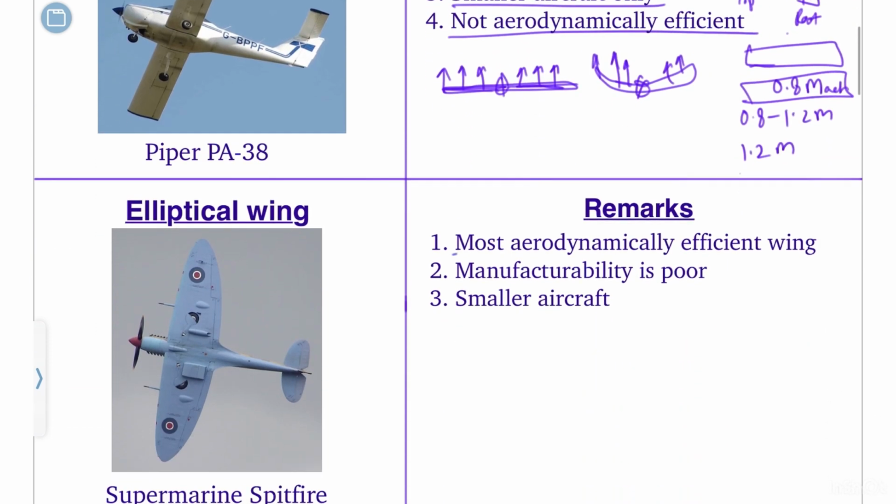Elliptical wings are the most aerodynamically efficient wings. This has been mathematically proven. So I'll again make the front view, and the wing which is attached is the aerodynamic wing. Because of the design of the wing, the lift generated at the tip is less and near the root is more, and this is known as elliptical lift distribution, which is the most efficient way of distribution